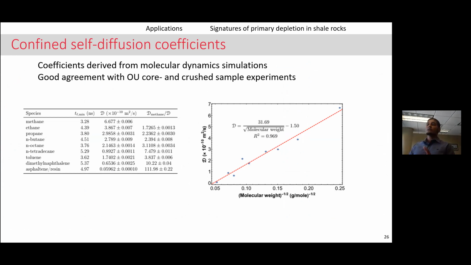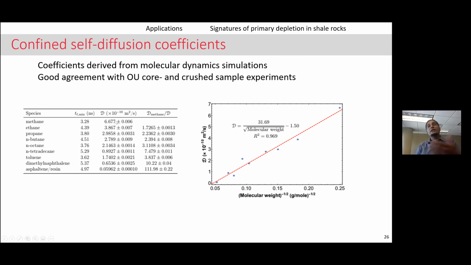Okay, so having said that, how can I use this information in any way? So here's where perhaps most of us who are reservoir engineers would be interested, because you are not directly going to be using molecular dynamics, but you'd be using some of the products of molecular dynamics. So one of the things that is an important phenomenon for governing transport in these extremely tight shales is diffusion, which is driven by a concentration gradient. And using molecular dynamics, we're able to actually quantify the diffusion coefficients for each one of the hydrocarbon species.